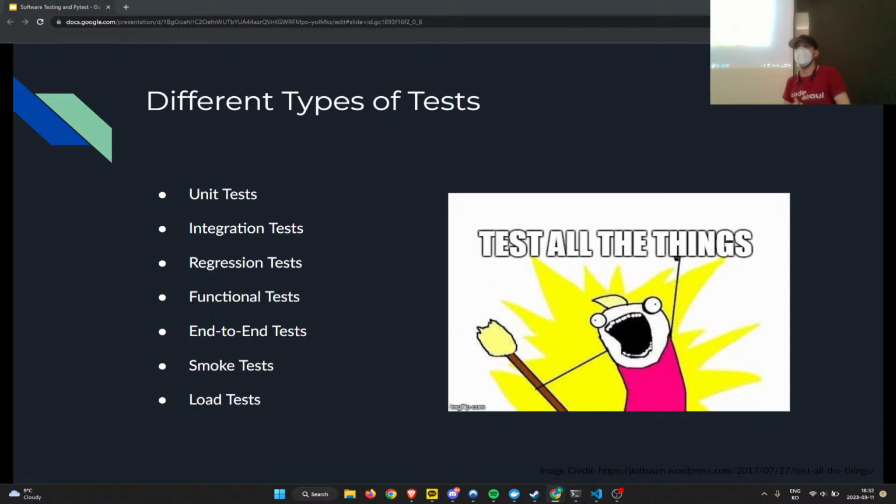Next up is smoke tests. This is very important, but usually not too big of an issue. Smoke tests are usually the kind of basic critical tests that you do when you release or deploy your software. I haven't heard of these being automated too often, but theoretically you could. They're meant to be just a very small number of them, because you don't want to take too much time when you're deploying, right? Because deploying may involve downtime, or if there's a bug, you want to be able to roll back quickly, right? So you want to keep your smoke tests the minimal required bit to make sure that the application works.